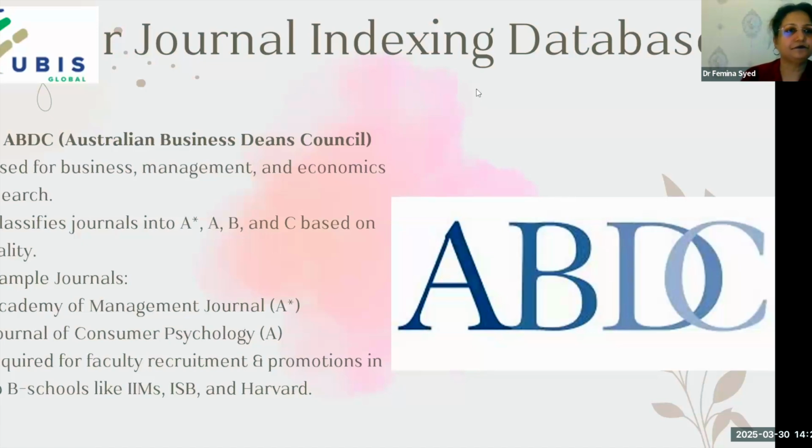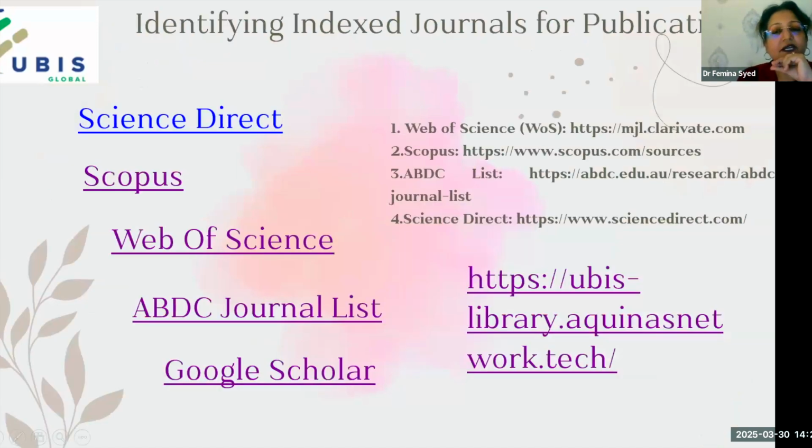So now, how will we identify the indexed journals for publications? How will we identify? By seeing the journal, will we be able to identify? So we have to make use of certain websites in order to understand whether the journals are really indexed. These indexing databases have other significance, like you can search for articles, you can track the article citations and CiteScore or H index. So there are very many utilities for all these databases. We will see one by one.